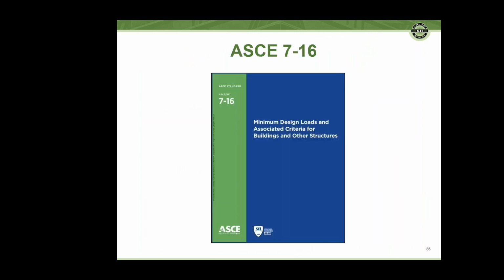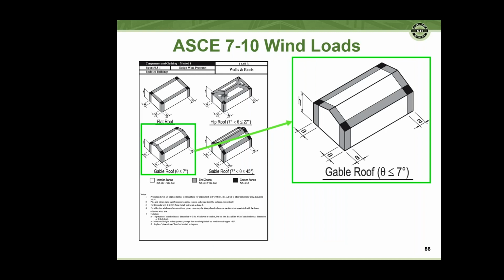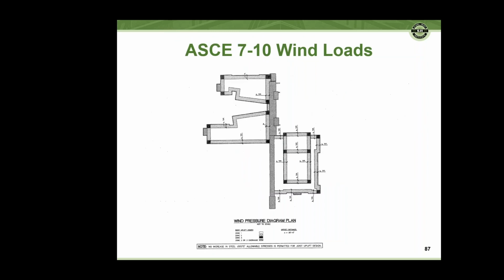ASCE 7-16 is coming, to mention that before. So what does that mean? The ASCE 7-10 wind loads, we're all familiar with the zones. We've got a field, the edge, and the corner zone, three basic zones on our roof. And that can be